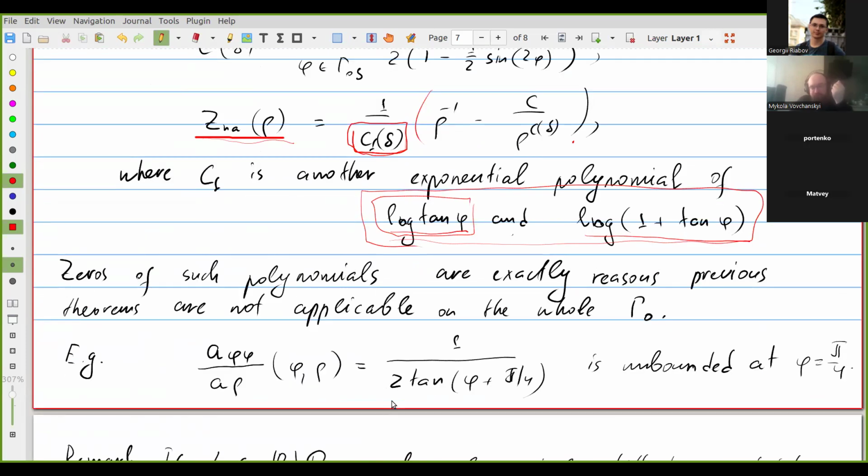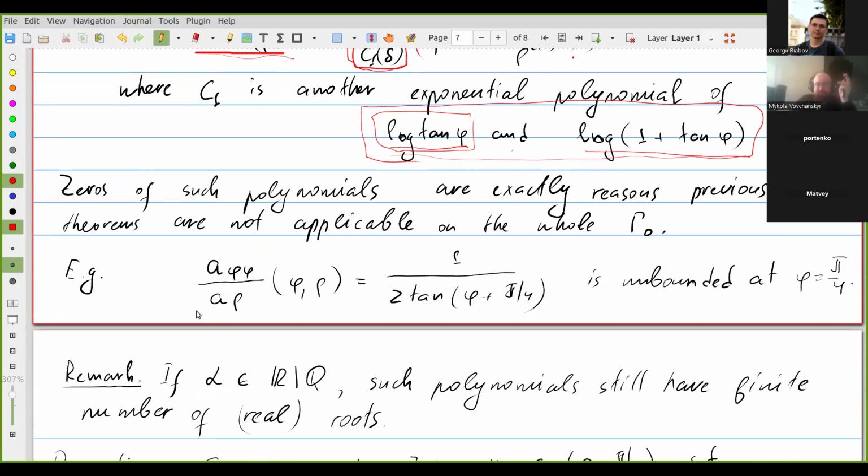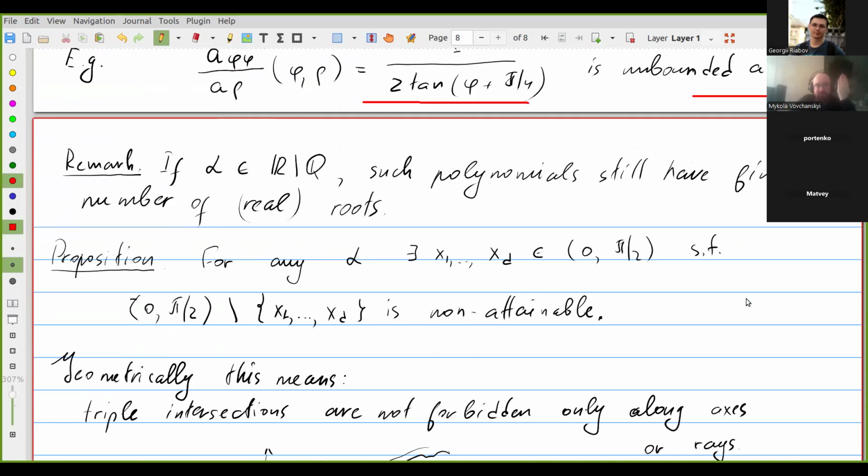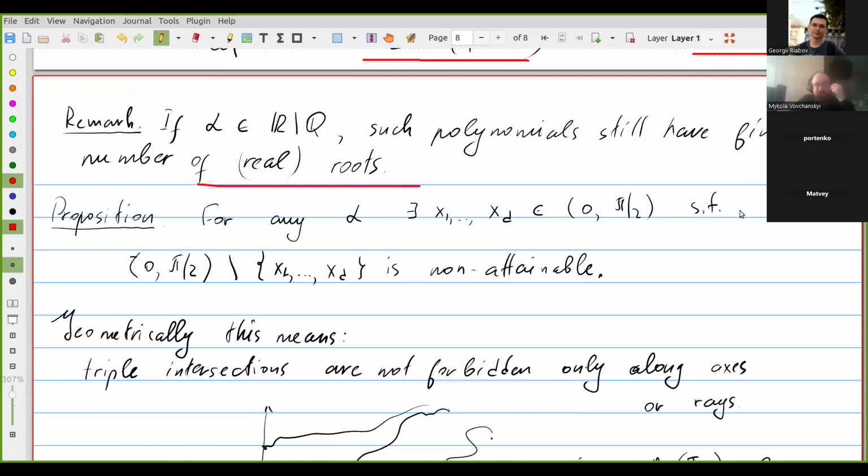And exactly zeros of such expressions is the problem with all these results on regularity, the results on a point being repelling. So for instance, we need to check that this is bounded for the theorem of Vovchanskii to be applicable, but it can be recalculated for alpha equal to 1 to this, and this is obviously unbounded exactly in the middle point. If alpha is not equal to 1, we will get multiple points where this is unbounded,